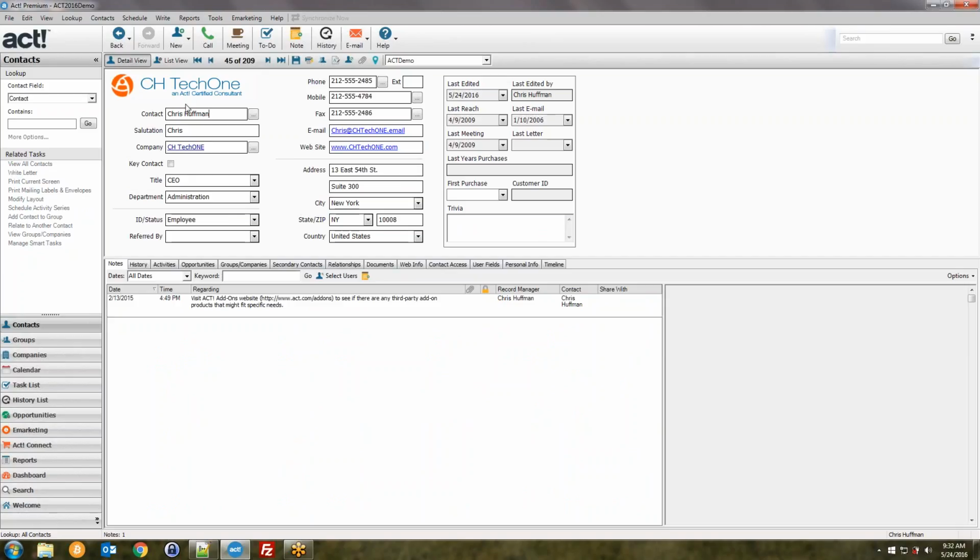So within ACT, if we have a new contact record here, I'm not going to spend too much time on creating new contacts, but along the top menu toolbar here, there is